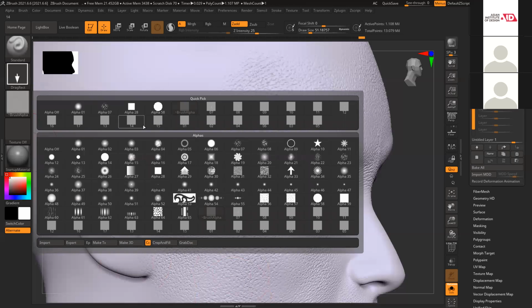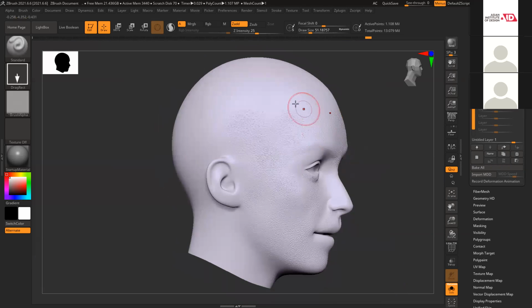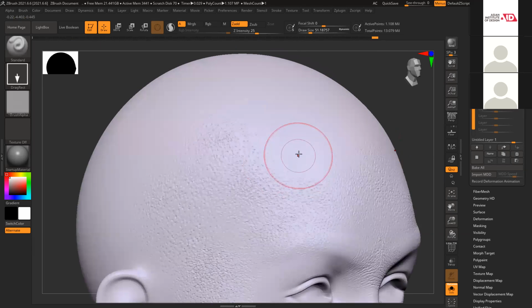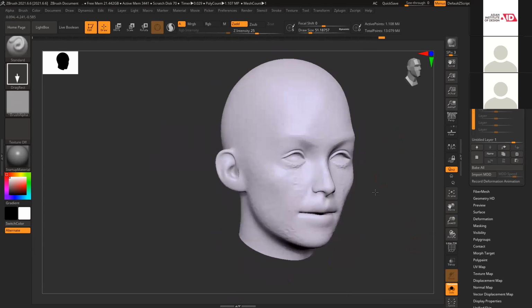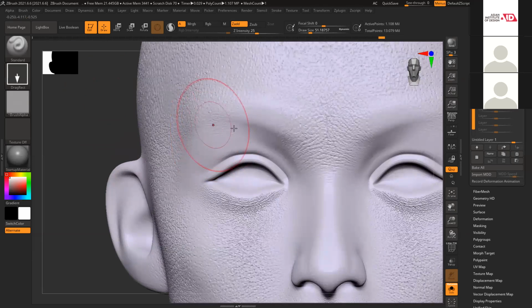Okay. Number 1. Where is 1? So for the neck, we'll also have to make the creases in the neck first, right? Yes, yes. So basic detail, and this was a 1. I'm just filling those areas.